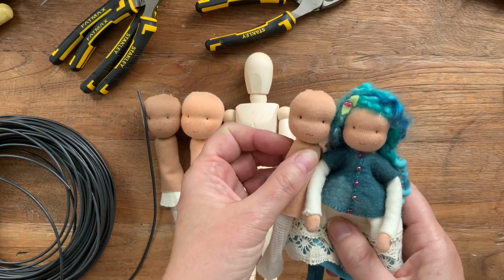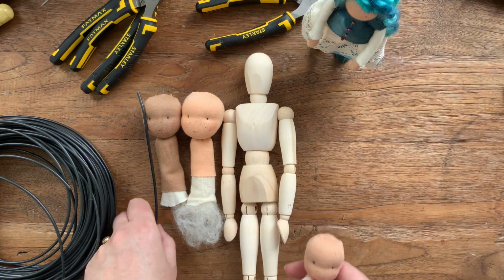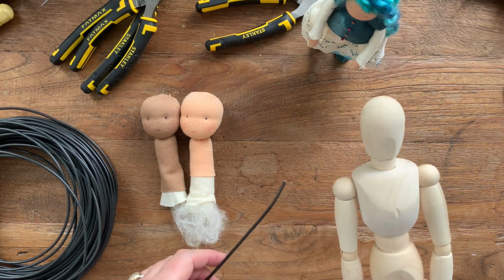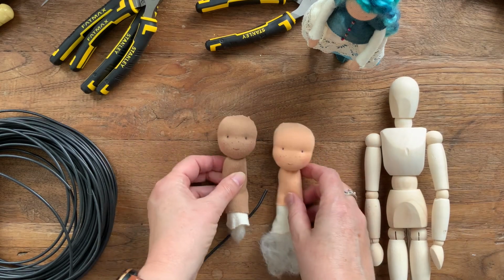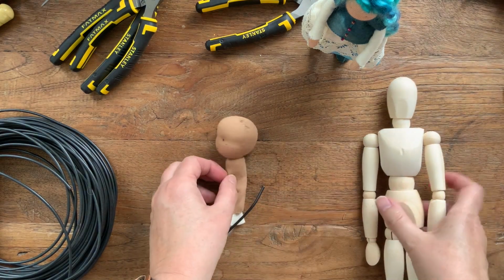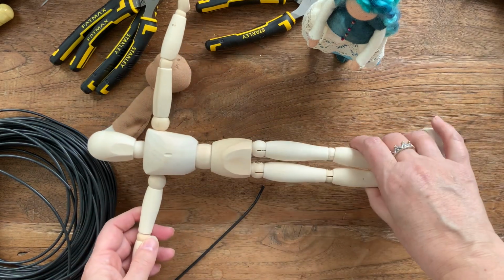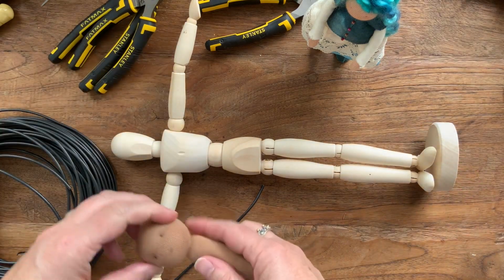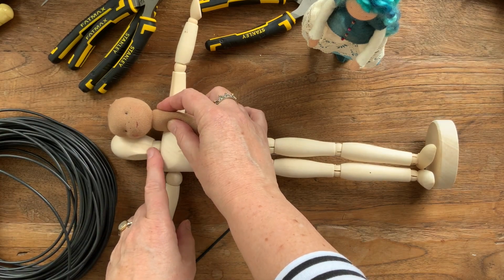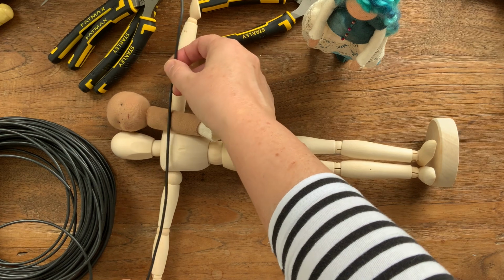This is the same doll's head that this little doll has, and it's absolutely okay to use electrical wire for this size doll, but for video purposes I'm going to use one of these dolls, and I'm going to use, which one? I'm going to use this doll. And I have my little display figurine here. I will put her like this to show you that, well, her head is even slightly bigger than this head, but if I were to make limbs on her this big, it would